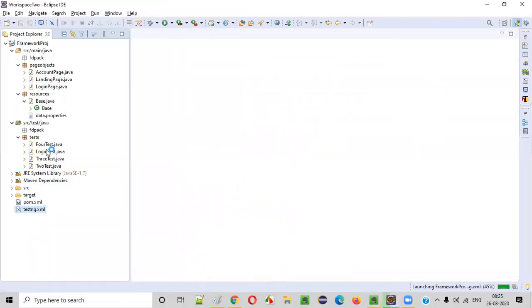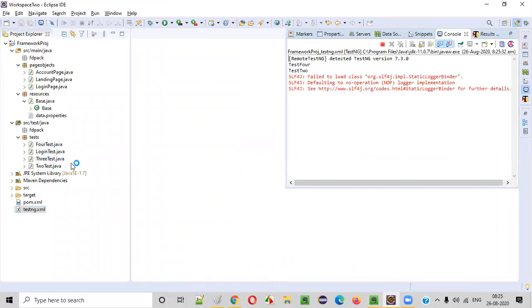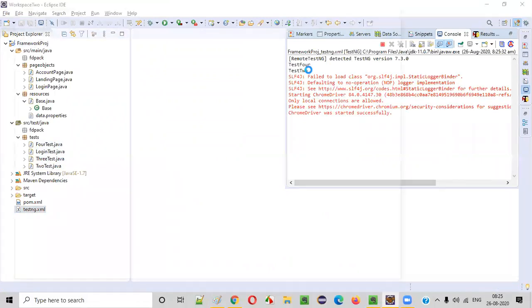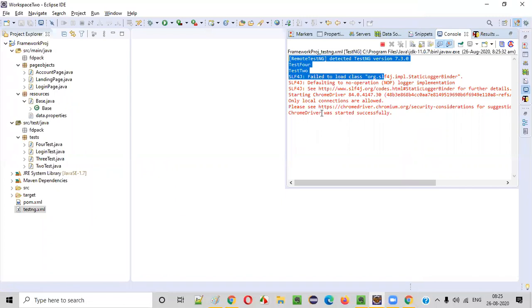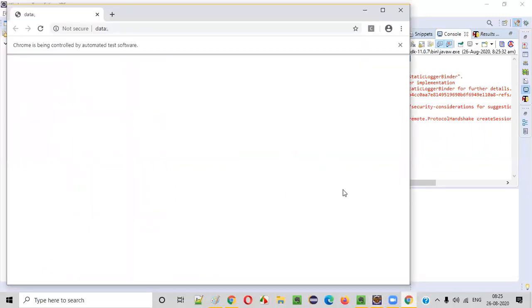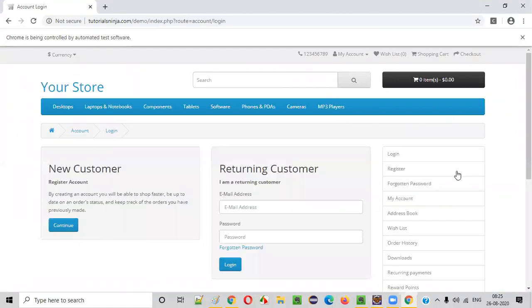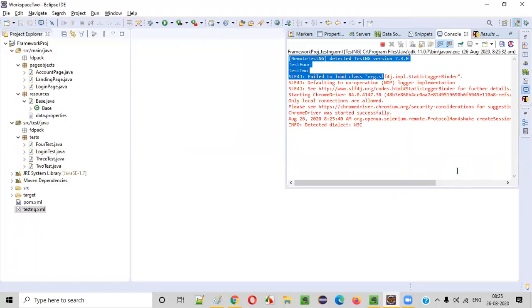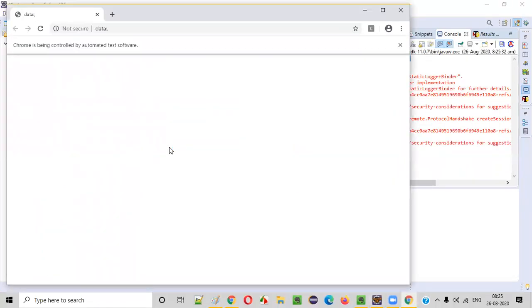You see all the four tests will run, not a single test. You see test 2, test 4 already done. Now test 1, the login test, is getting executed. It will run the login test twice, with valid credentials and with invalid credentials. Then finally test 3 should be executed at the end.